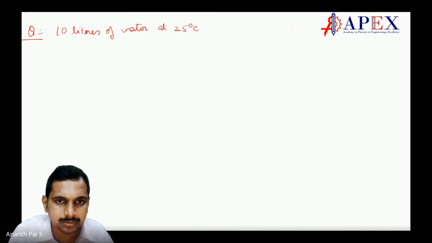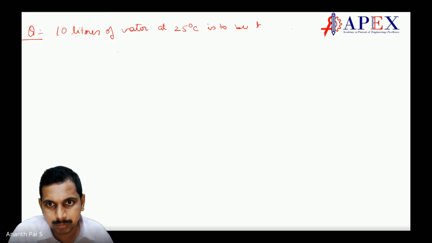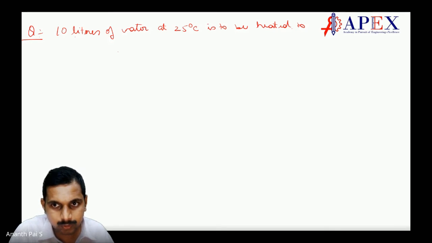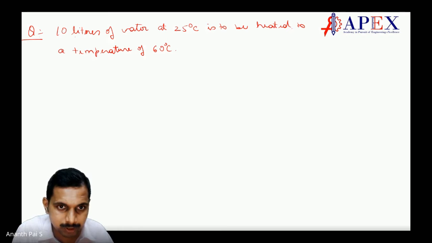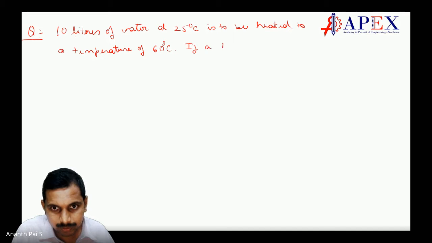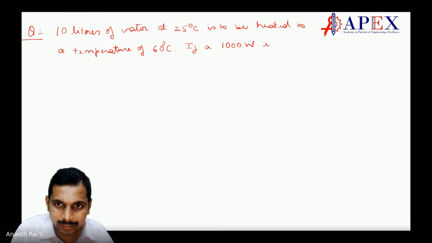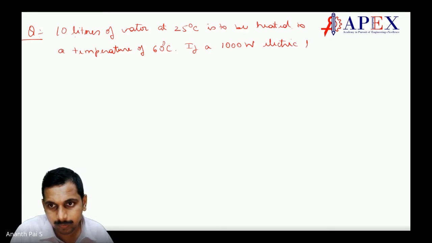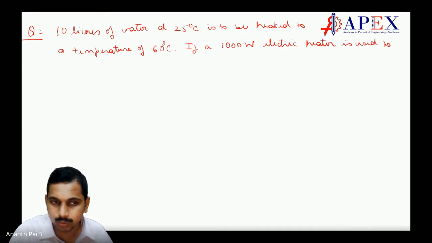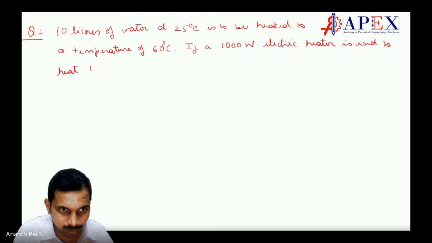This question has come in GATE, students. 10 liters of water at 25 degrees centigrade is to be heated to a temperature of 60 degrees centigrade. If a 1000 watt electric heater is used to heat the water,